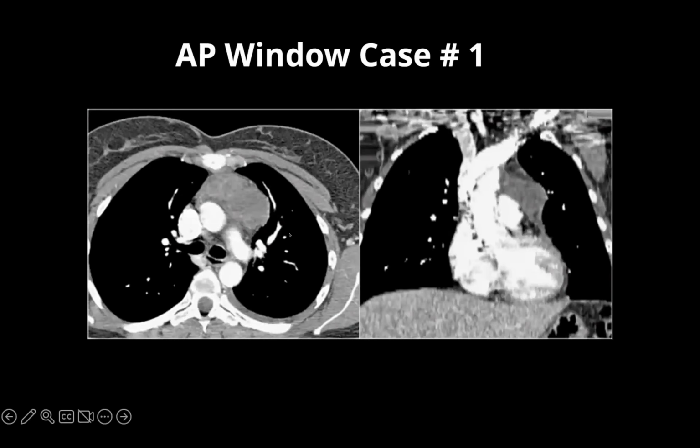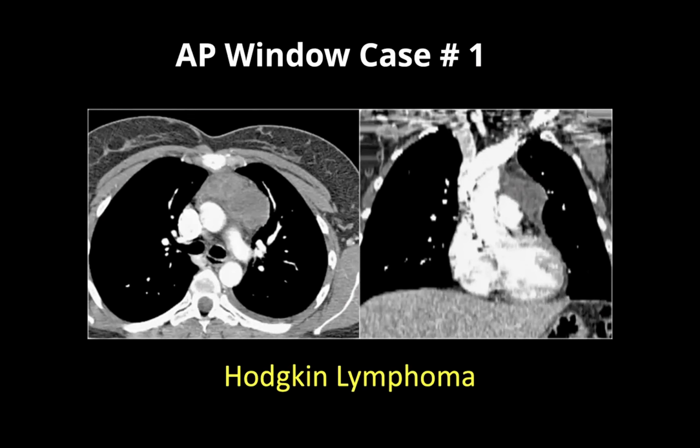Looking at the CT scan, we see that that bulge was actually caused by this soft tissue enhancing mass in the anterior mediastinum, which was later proven to be a Hodgkin lymphoma. So thinking about the AP window, we consider having masses, particularly in the anterior mediastinum. We consider having